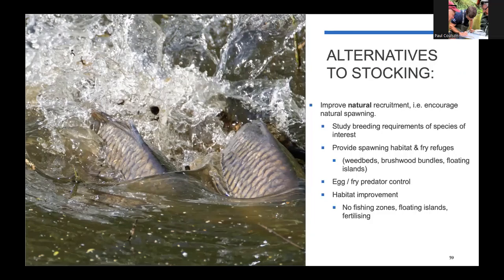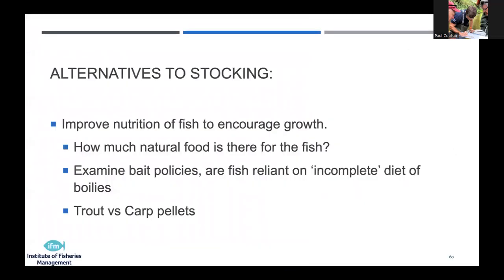Again, coming back to these areas, these no fishing zones, or you add in floating islands, so we can start to encourage fish to spawn and actually try and support the production of our own species. And if we're going to do that,